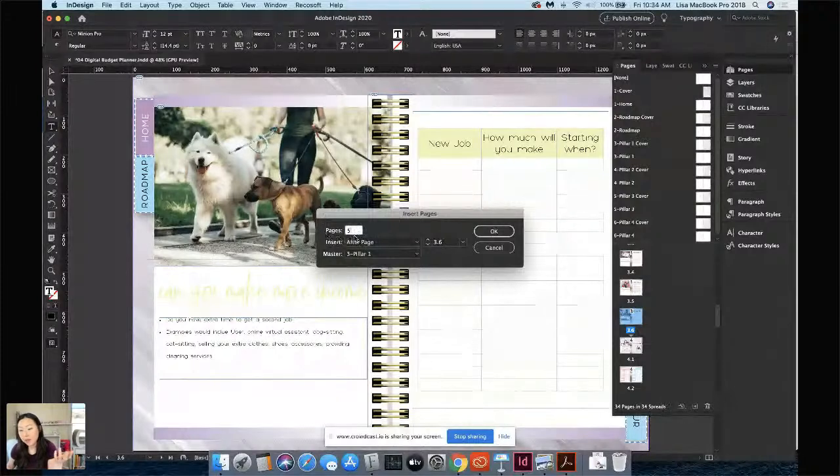I can insert 5 pages. I can do 15 pages, whatever you want, doesn't matter. The next drop-down box is, like I said, before, after, or at the start of the document. The way I do it is always just after. I can visually see it. I can logically think from beginning to end, right? It's consecutive. So that is where it's going to go after page 3.6, which is the page that I am